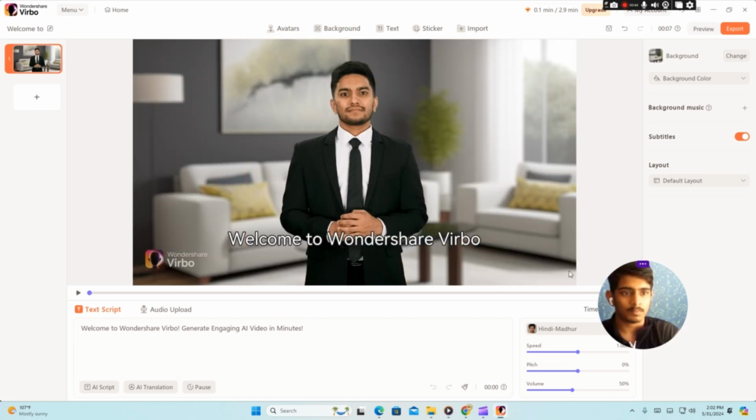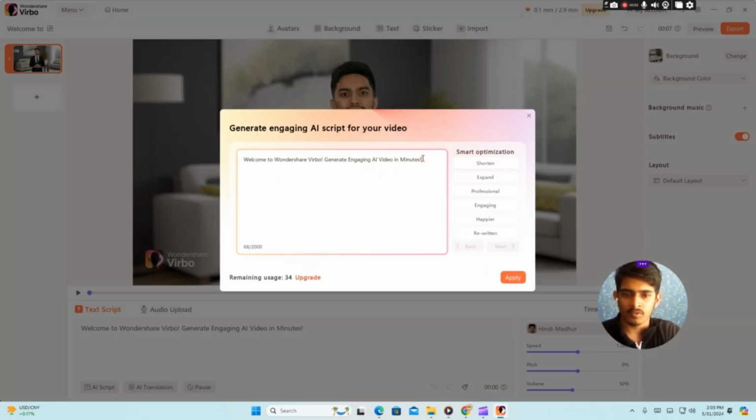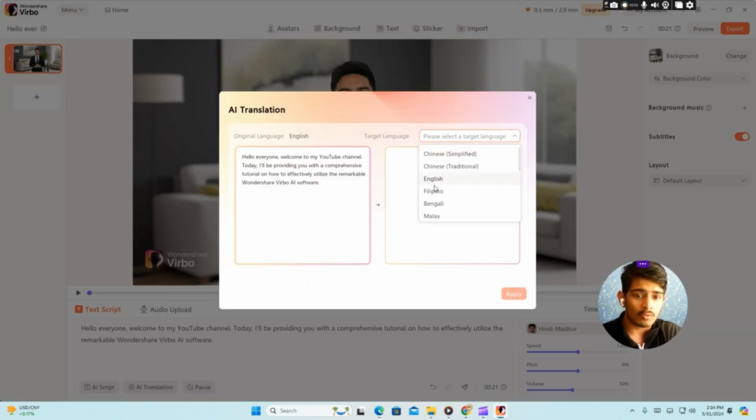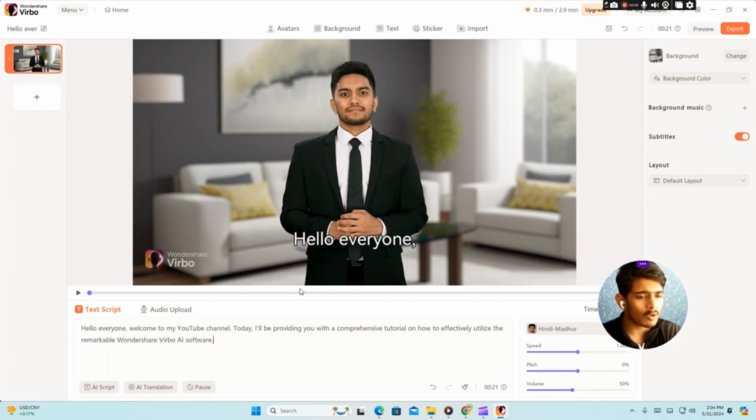Okay, now it can even translate it for you and make your script better. Okay, let me show you. Like there, you see, just apply it, and you can make him say this in many languages. Just click on AI translation. You can choose Chinese, Hindi, English, Thai, German, any language. Okay, for now I am choosing English, and for voice,